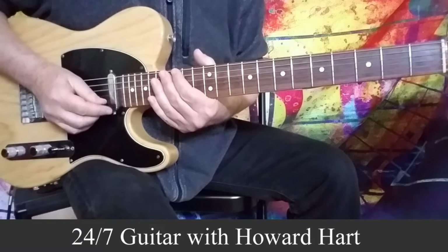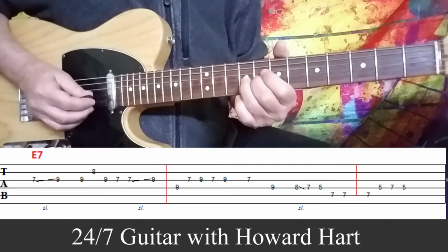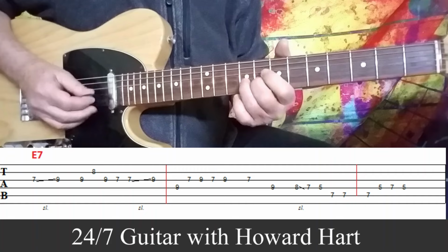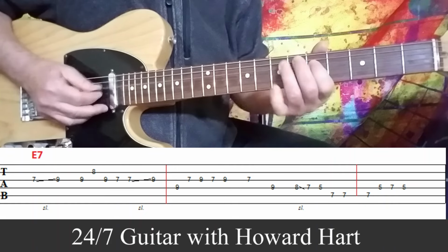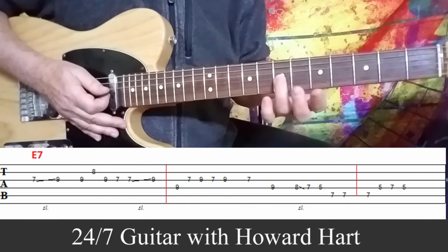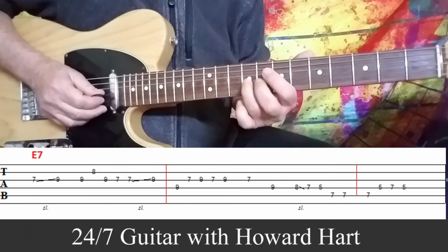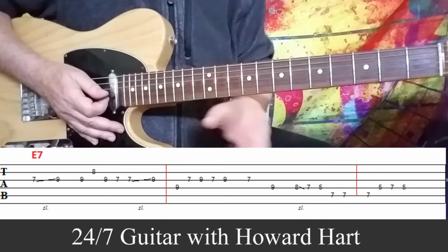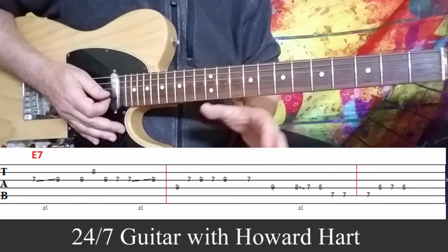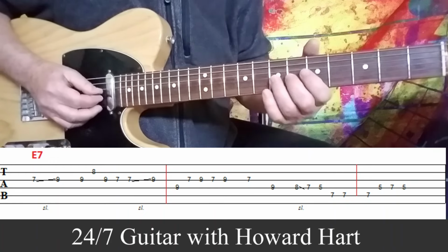So let's dive into this, and this is the first thing that we hear. Let's break that down lick by lick. I'm sliding with my third finger, my ring finger, from the 7th to the 9th on the G string. A little vibrato. If you know how to do that, or you can catch it just by watching, please feel free, but I'll be talking about vibrato and bends in more detail as we make our way through these lessons. So again, we're sliding,